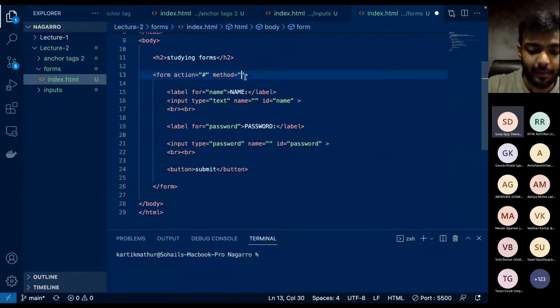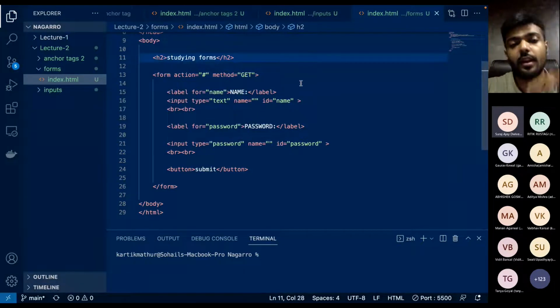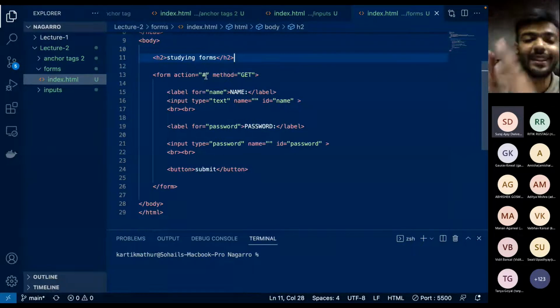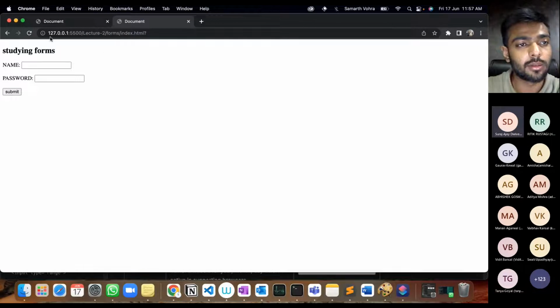You can write it in capital letters as well, so it's one and the same thing. It won't give much of an issue. What the action hash will do is it will not take us to some other page. It will keep us on the same page over which we are working. Let's see now. If I get back and refresh it,